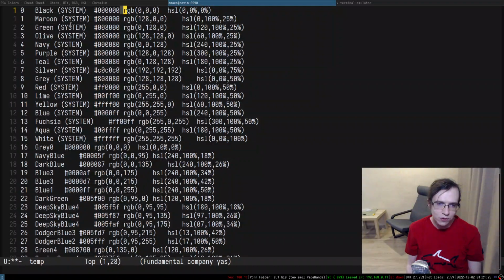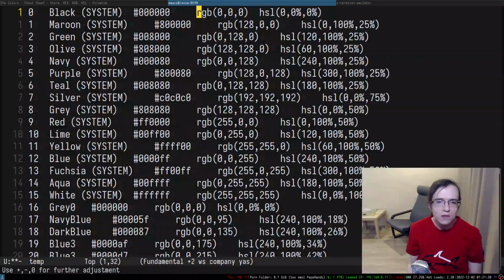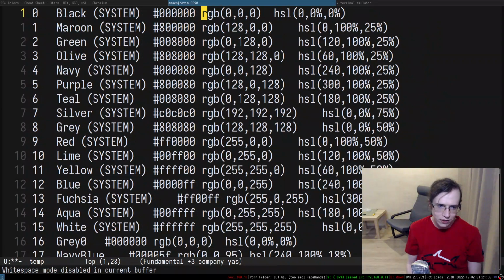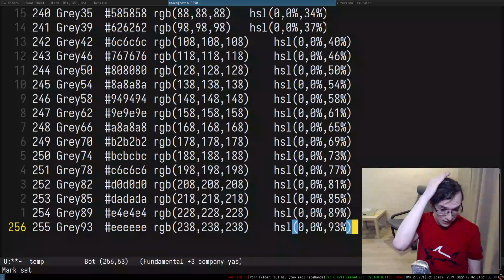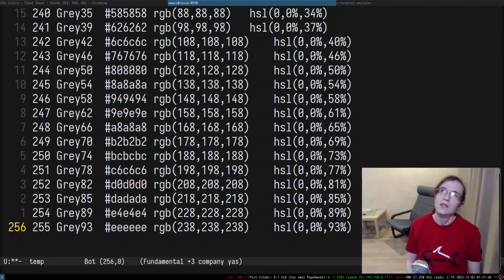So this stuff is separated with tabs. I can maybe put a white space mode. Yeah, we can clearly see that all of that is separated with tabs, which means that I can probably parse it as CSV or